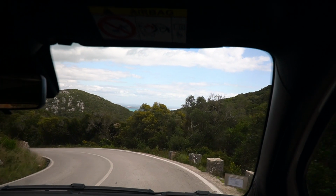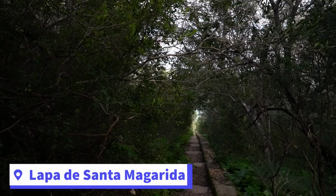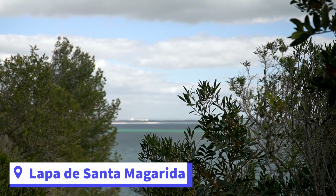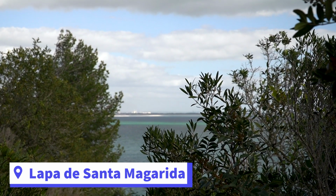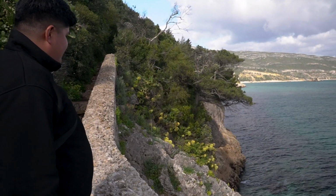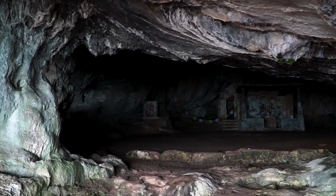After the tour, we ate lunch in Sesimbra and headed out to drive along the coast to our next stop, the Lapa de Santa Margarida. It was about 30 minutes away, and the walk down from the road doesn't take long and is less than half a mile. There's a beautiful view of the ocean and a cave with a small altar inside. It felt a little spooky being down in the cave by ourselves, but was an interesting stop